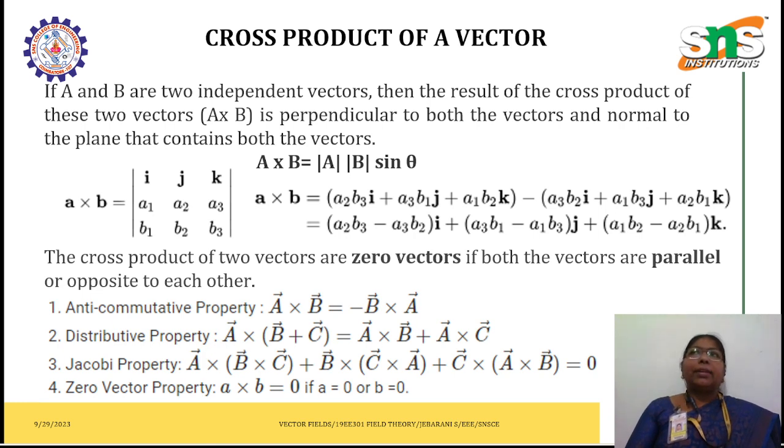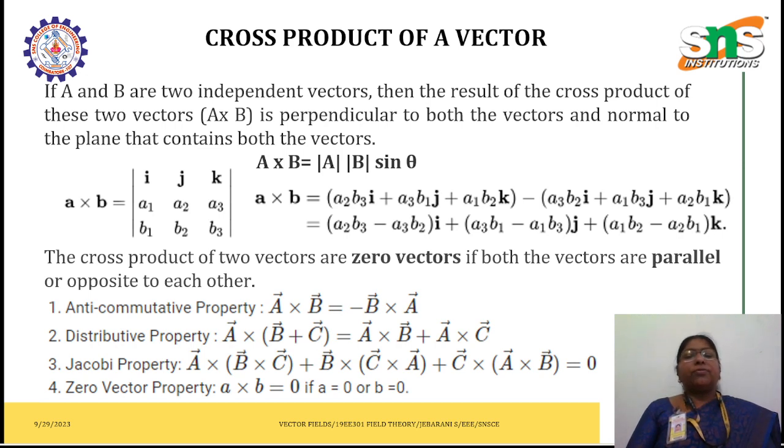So normally we represent this cross product in matrix form. When it comes to matrix form, we represent the axes first, then the vectors and the magnitudes. And if you take up